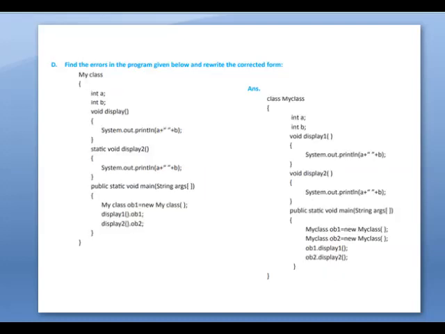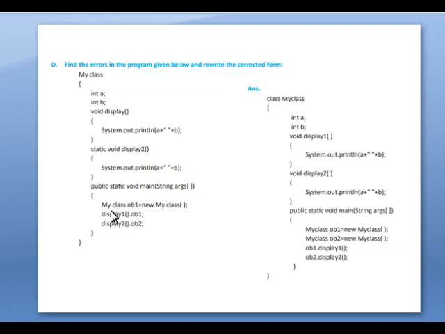The next one is, find the errors. So what are the errors in the program? Here it's okay. Then void display. There is no static void, it is void. Okay, void display of, then it is okay. Public static void main String arguments of.